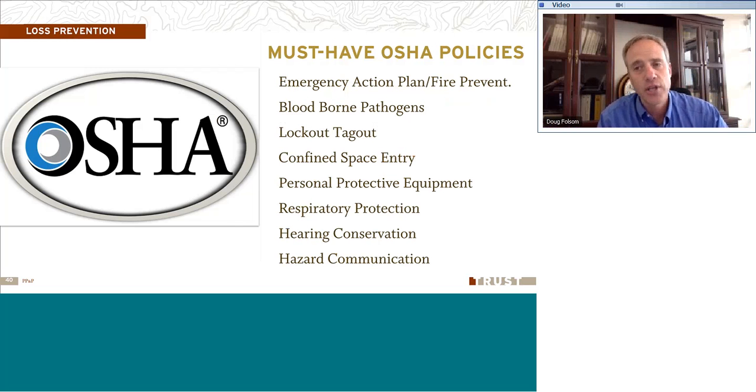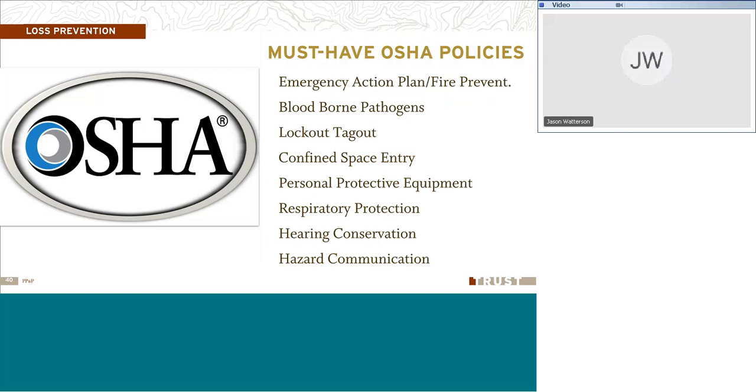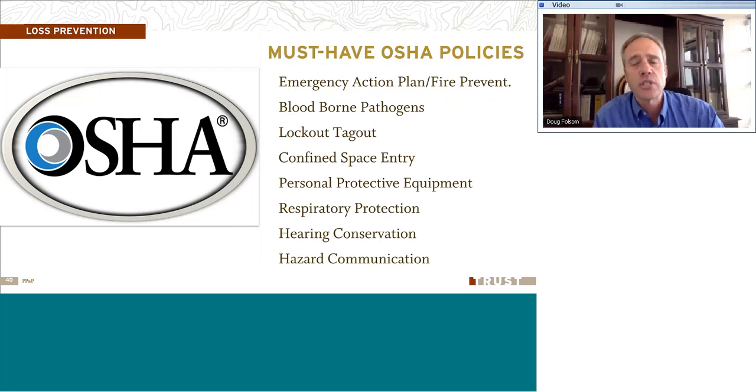There's a pretty good list here of things that you want to consider and make sure you have, either procedures or programs that you need to have in place, or policy that you should consider making sure that you have in place as part of your policy manual. Procedures and programs that we ought to address, obviously EAPs, emergency action plans, fire prevention plans, bloodborne pathogen program is something that all employees to some extent need to be aware of.